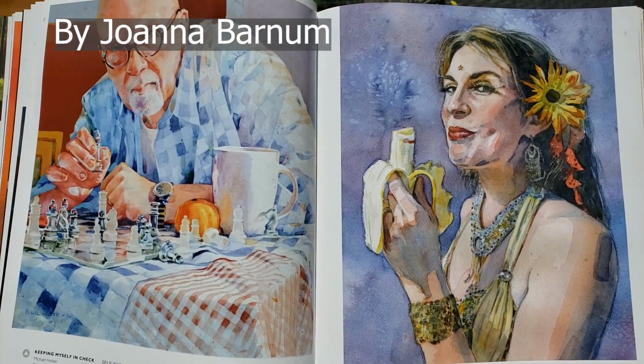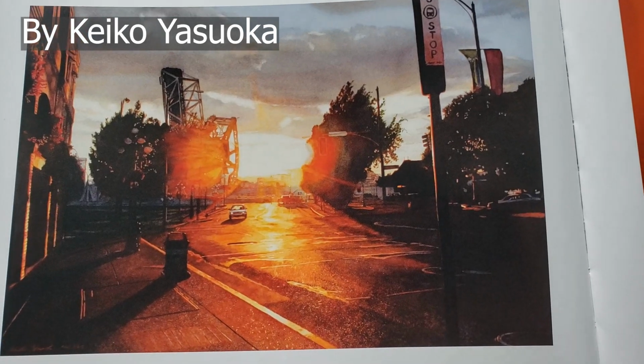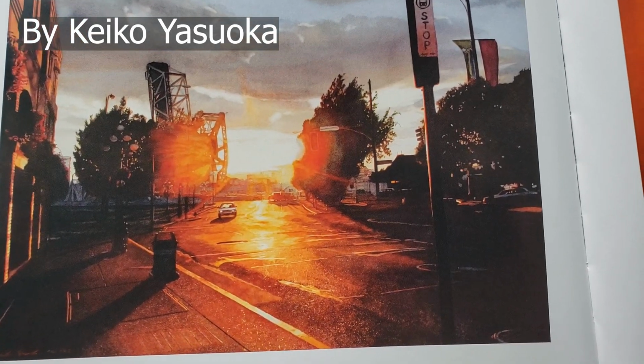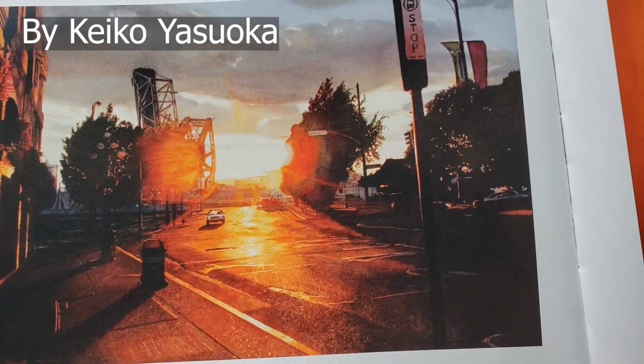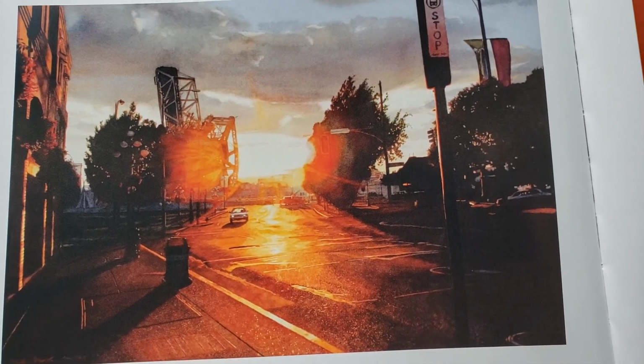So let's start with yellow. Yellow is a beautiful color that can really help guide your viewer's eye around the painting. Yellow attracts attention. It's warm, inviting, and it also makes things pop forward. So a lot of times landscape painters will use yellow in the foreground or the front of the painting to